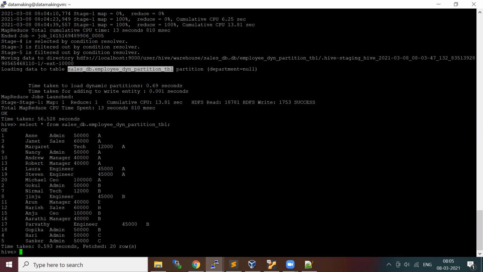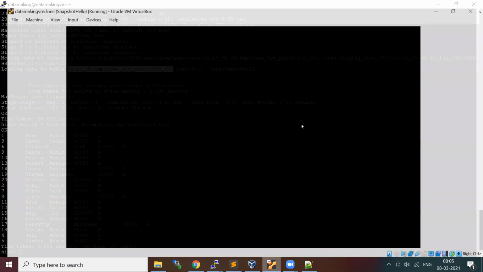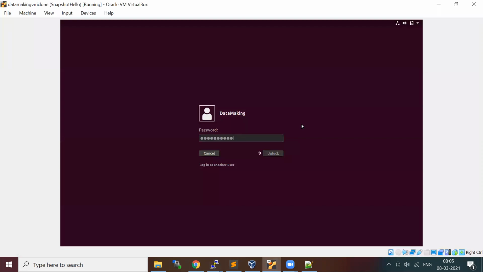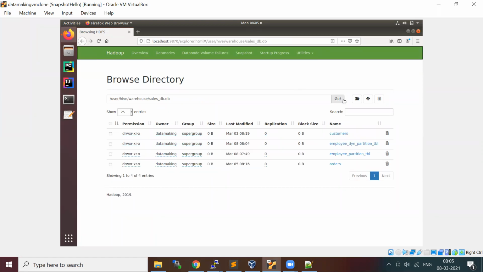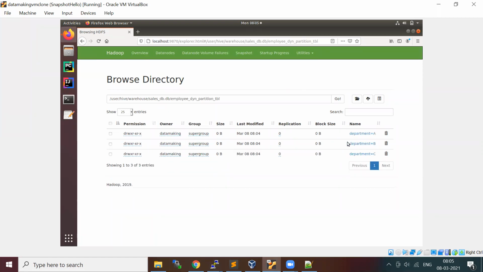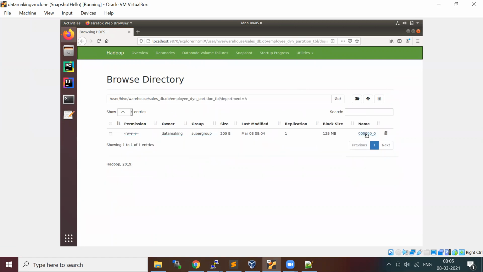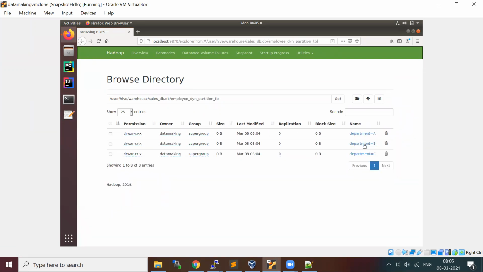It's loaded the 20 rows. Let us check how this looks in HDFS. Here it is. It's organized the same way as in static partitioning.